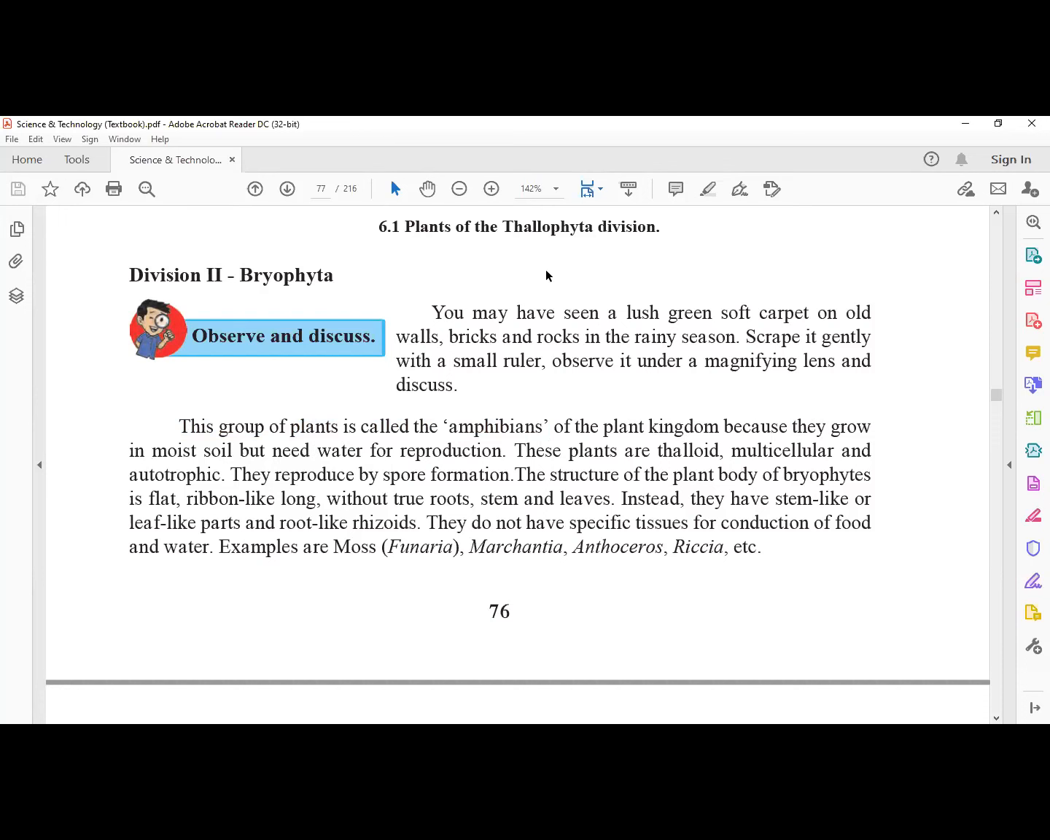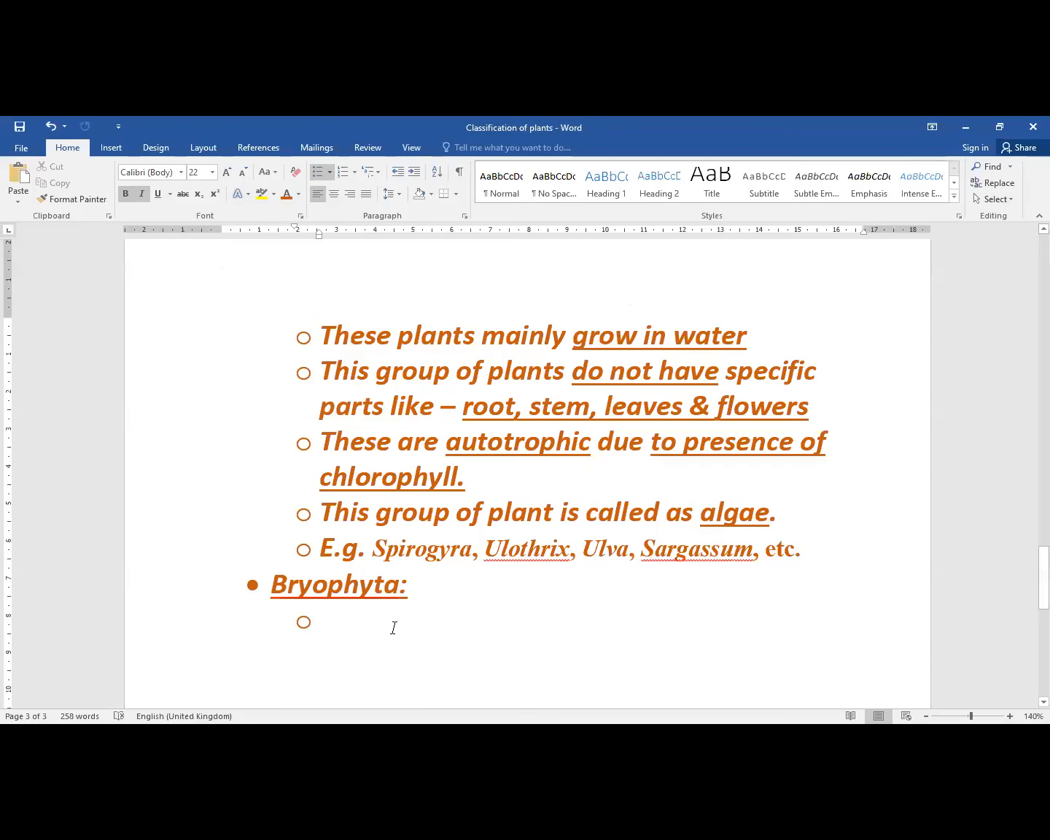So let's write bryophyta. This group of plants is called